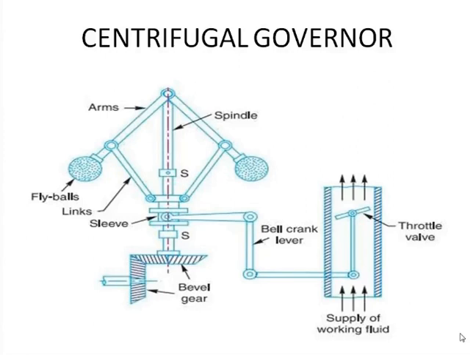Suppose the speed of the vehicle is going down and it reaches 40, and the driver wants to increase the speed of the vehicle. In that case, what happens? This governor will be attached to the IC engine through the bell crank lever. When the driver wants to raise the speed of the vehicle, it means that the throttle valve has to be opened. Only then can the speed be increased.